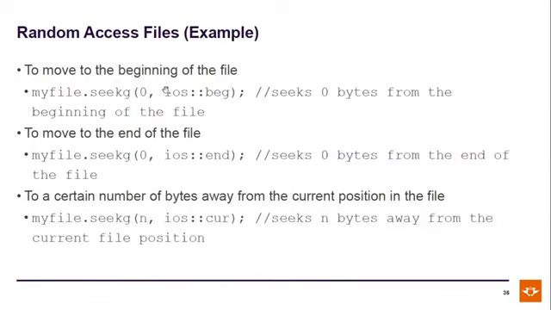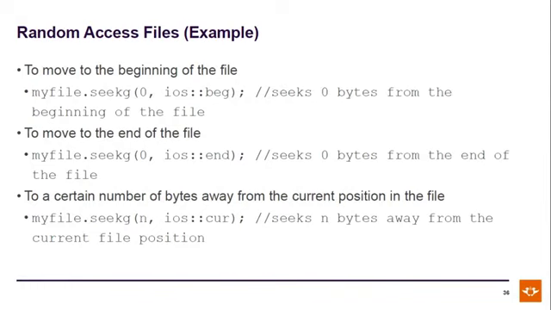Okay, so now let's say we want to read from a file. We want to move the get pointer. We're seeking the get pointer to a particular position in the file, so we use seekg. When we are seeking 0 bytes from the beginning of the file, what we're basically doing is reading from the start of the file,